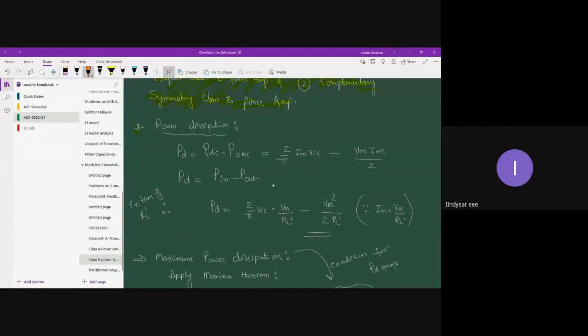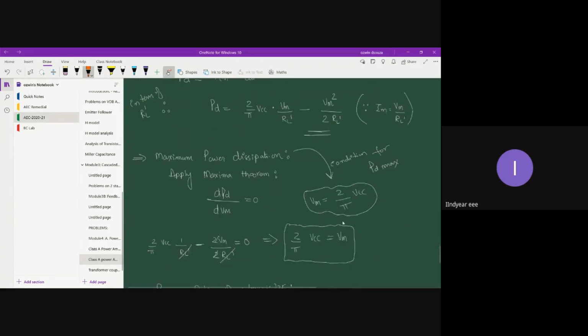Okay, in place of Im, I'm going to write Vm by R. That is the V by I ratio. Similarly, I'm going to do the same thing to the second term. Fine. So to find an expression for maximum power dissipation, what you have to do is apply